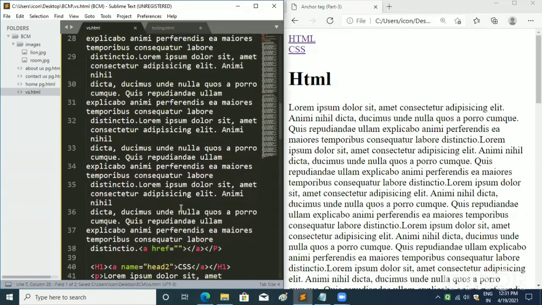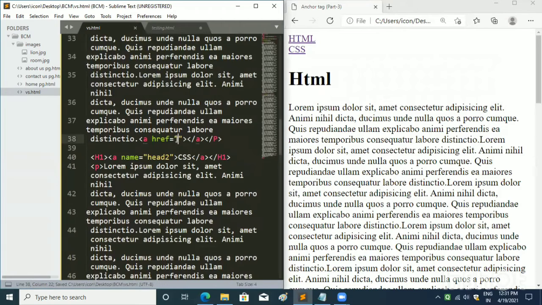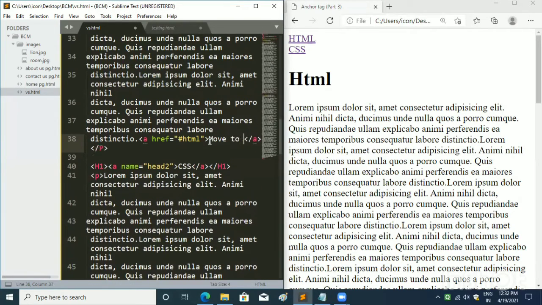And in name attribute I will write HTML. And in this anchor tag I will write hashtag HTML, and I will write move to top in the anchor tag. So now when I save the document and refresh the browser, you can see move to top written here.